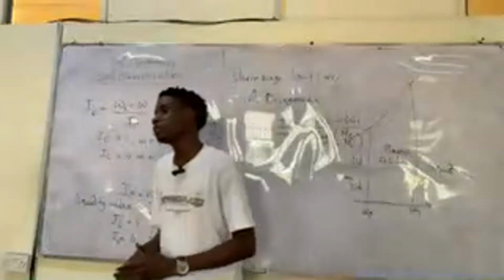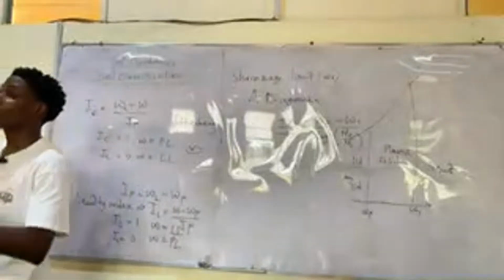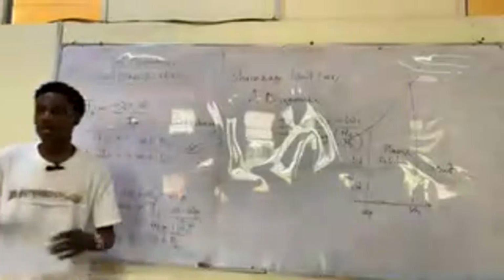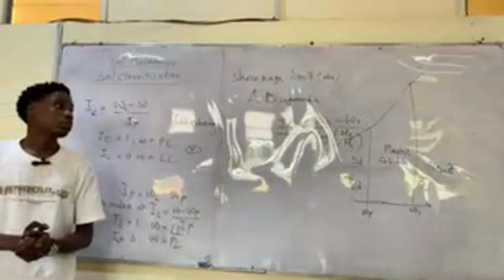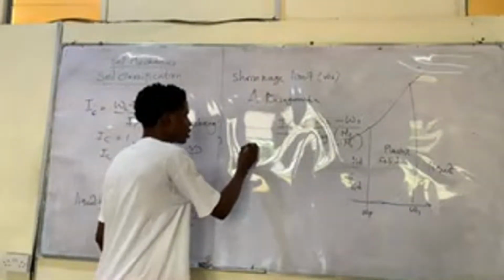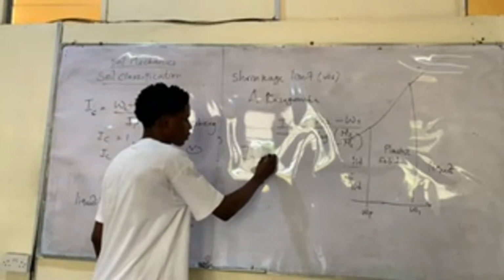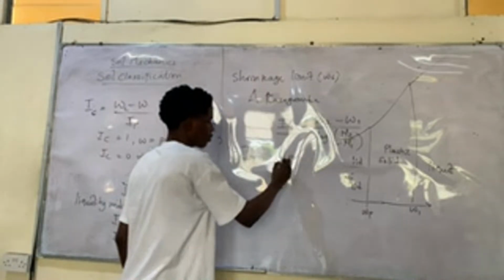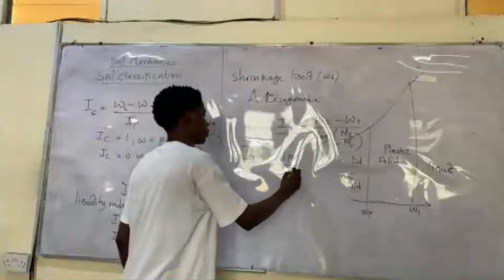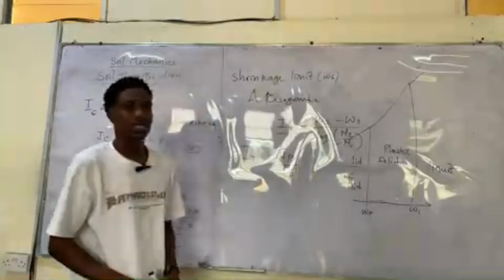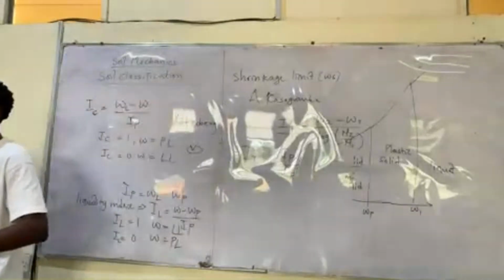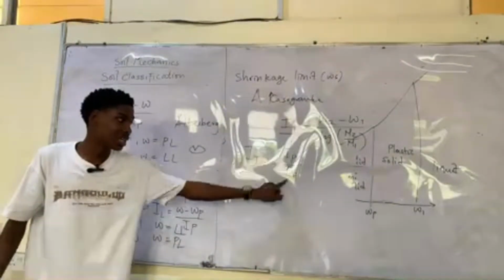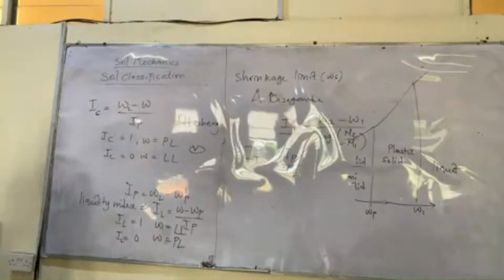Now, for the plastic limit, there's a whole other formula, a whole other experiment that is done. By the end of the day, after performing that experiment, what we want to get is the toughness index. It is the ratio of the plasticity index to the flow index, right? So let's say